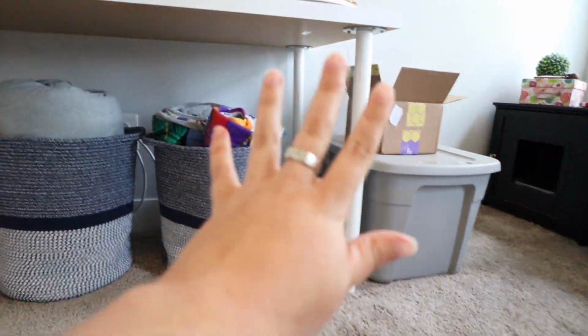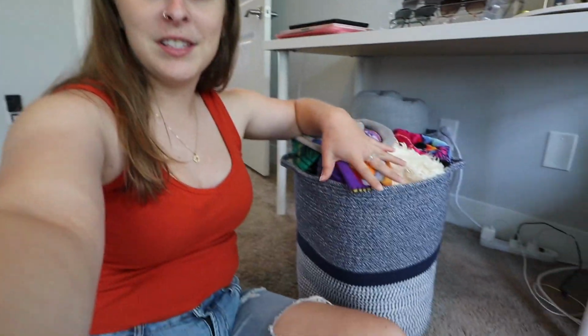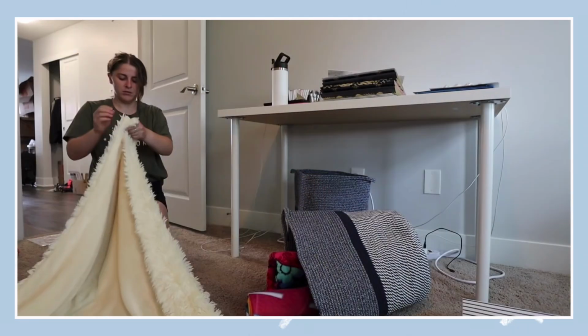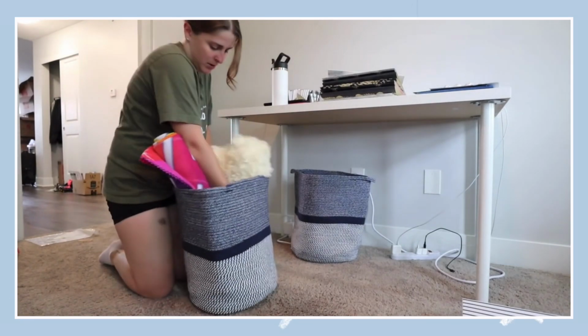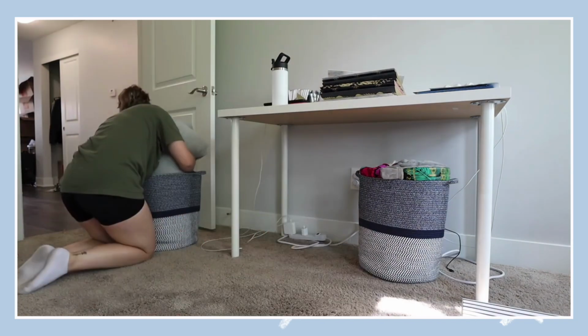The finished product of this area, I promise will look so good, but right now the focus is on these baskets. So I got these baskets off Amazon. They're a good size, as you can see, like me sitting, they go up pretty high. They fit so much stuff. I have a king-sized quilted blanket in here, a whole bunch of other little throw blankets in here, a lot of fleecy thick ones in here, and then in the other one I just have a queen size comforter